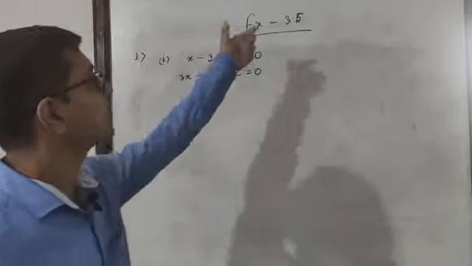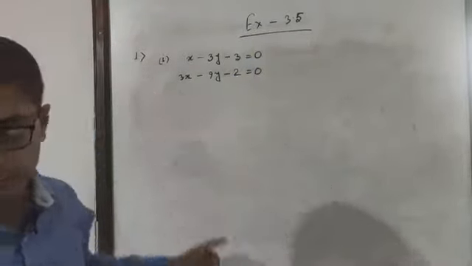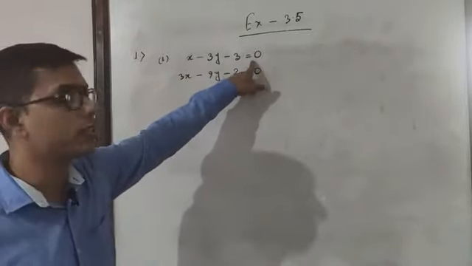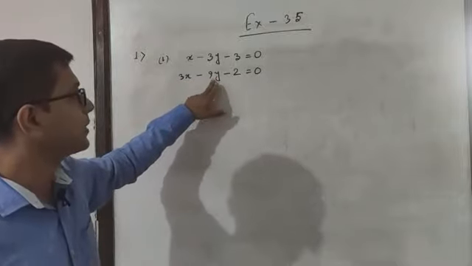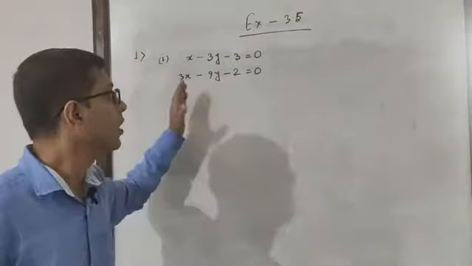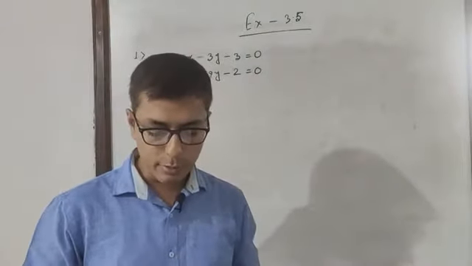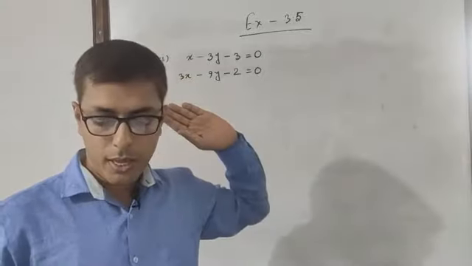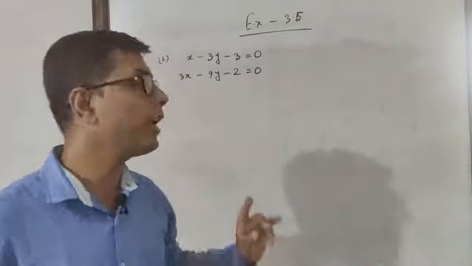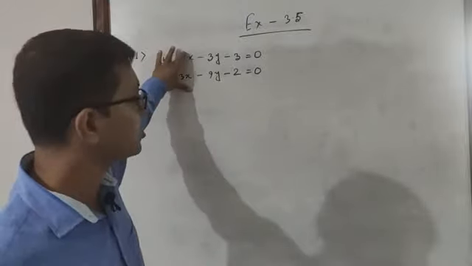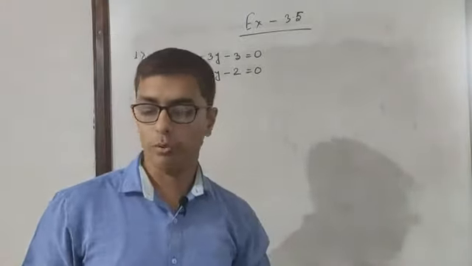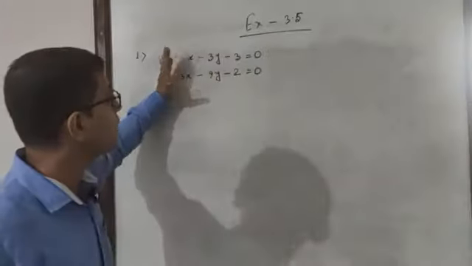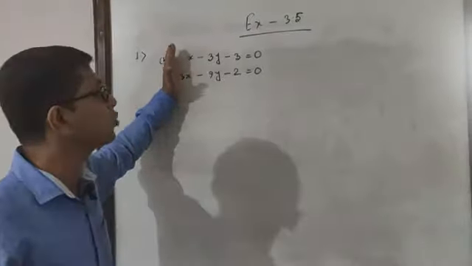Now let us begin the exercise 3.5. The first question is x minus 3y minus 3 is equals to 0, then 3x minus 9y minus 2 is equals to 0. Okay, in the question it is asked, first we have to check whether the system of equation or the pair of equation has unique solution or not. If the pair of equation has no unique solution, then we need not to solve. हमें पहले चेक करना है कि इनके सिर्फ वन सोल्यूशन है या नहीं। अगर इनका सिर्फ वन सोल्यूशन नहीं है तो हमें इसको सोल्व नहीं करना है।